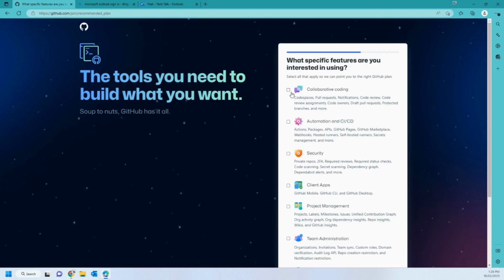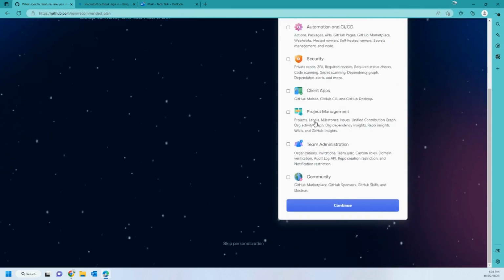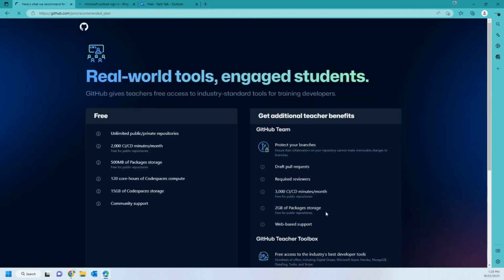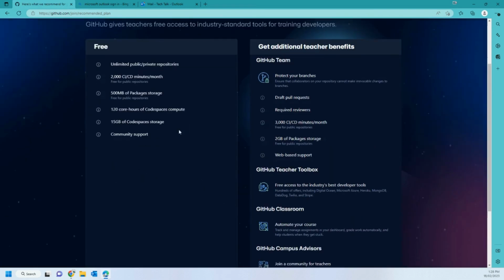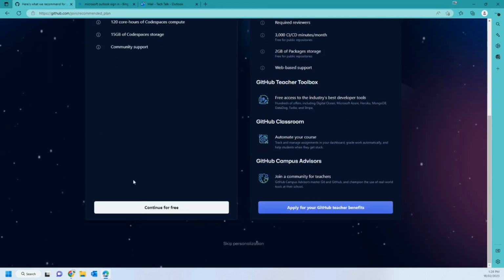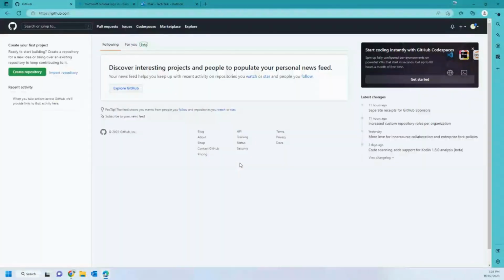It doesn't really matter what you say, just select what you are interested in now and press continue. Now I will select the free version of GitHub. You can select the paid version, but at this point I'm just going to continue for free. And now we created our GitHub account, and this is